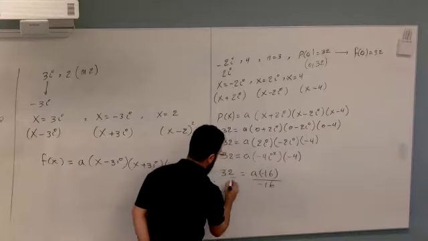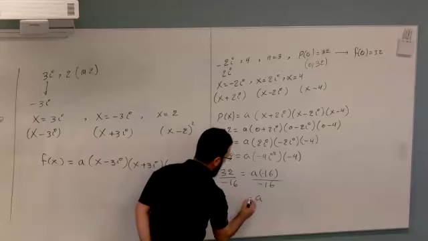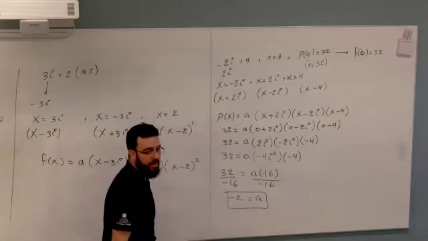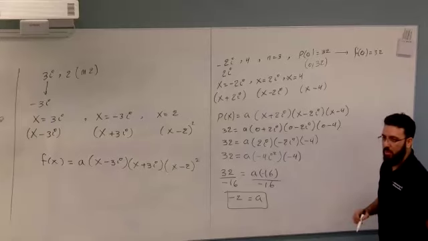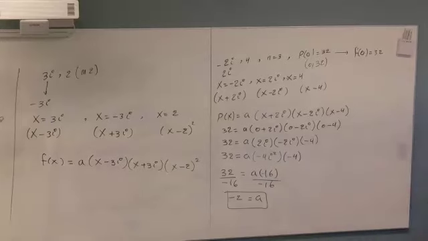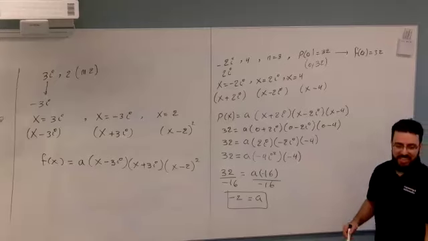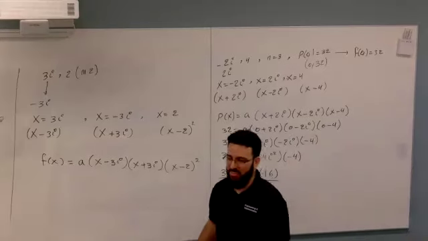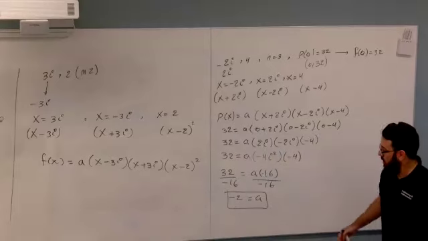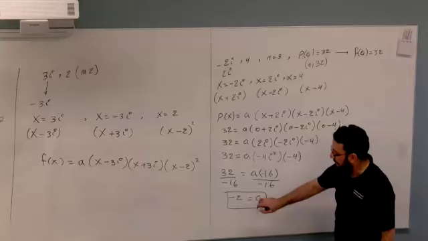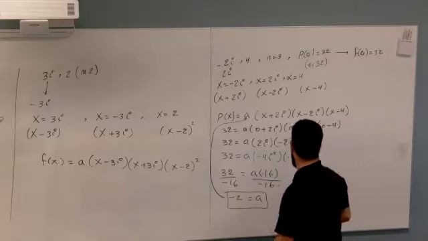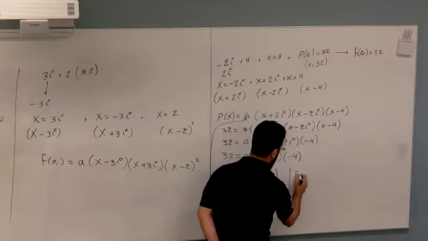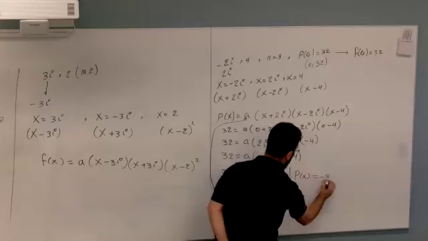Divide both sides by negative 16. How much is the value of a? Negative 2. Then, did I finish? What do I need to write down? Look at the question, what they're asking you. Find the polynomial. So I found the value of a. I have to go back and plug in a where? Here. That means our solution is going to be P of x equals negative 2,